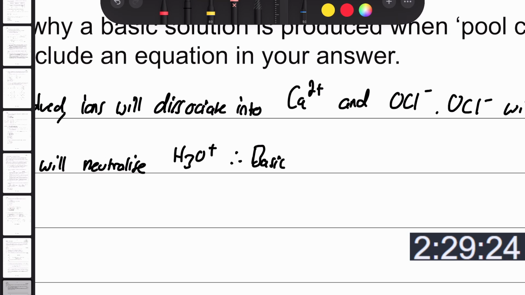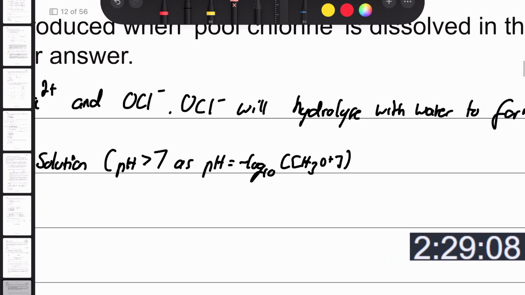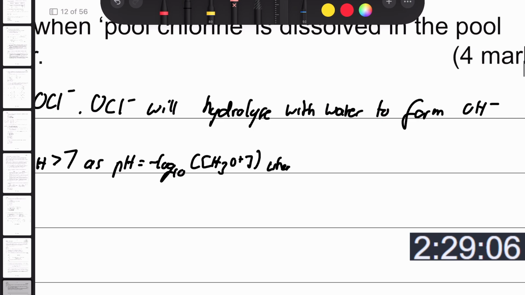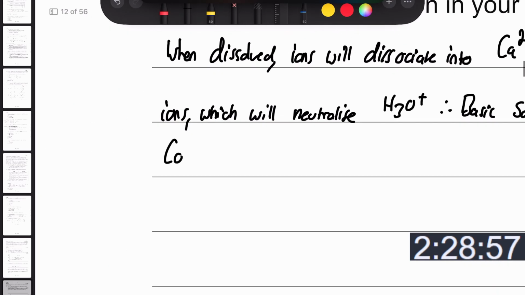I'll say basic solution here. pH increases, negative log 10, maybe I'll write it here, H3O plus. When the concentration decreases, pH increases. And then Ca2 plus is neutral,